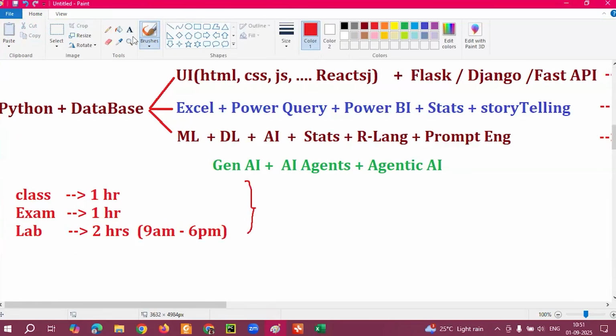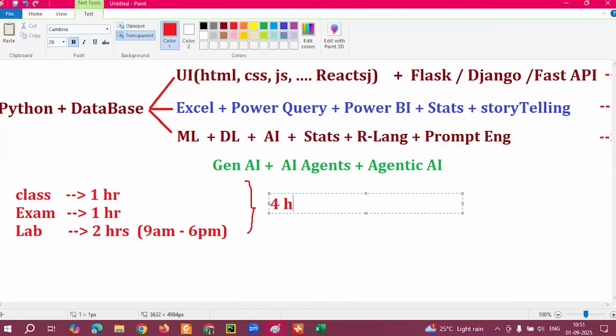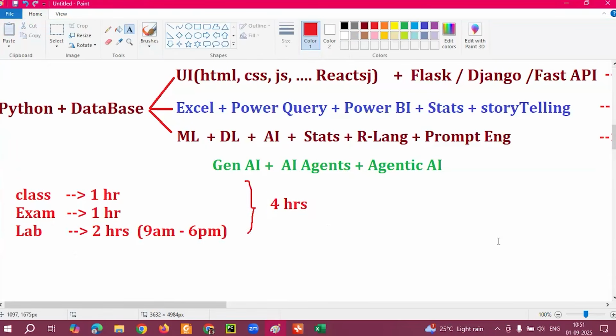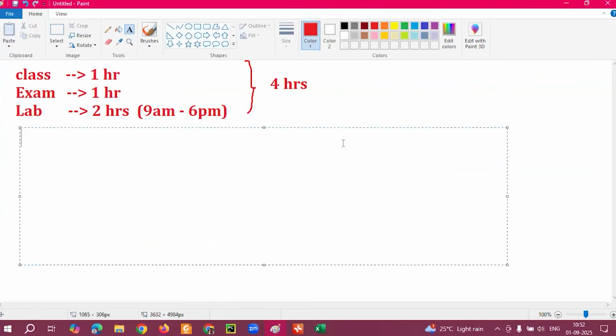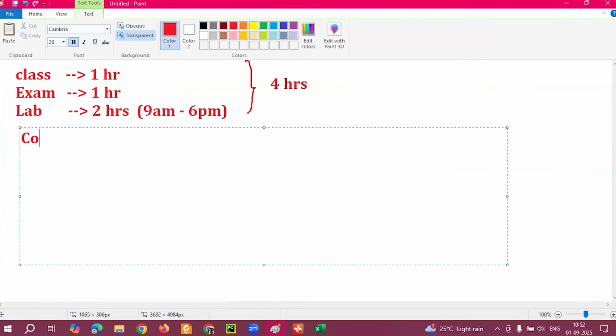Not right now. On day one, if I said stay 4 hours in the institute, you would open the door and jump out. First day, it is very difficult for everyone. First day, 1 hour, 1.5 hours, then 1 hour 45 minutes, 2 hours, 3 hours, 4 hours. I will increase the timing gradually. And you are listening to the class, writing the exam, going to the lab, executing the program. Done.